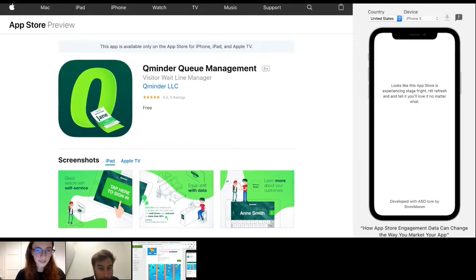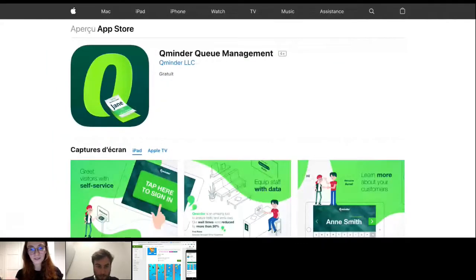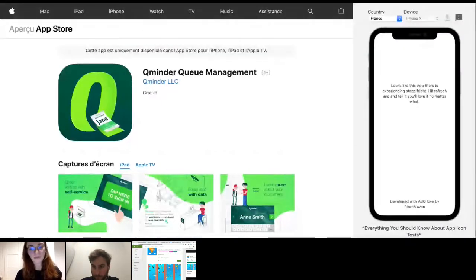Are you sure that the United States is the main market for this kind of application? Because I can see only 5 reviews. I think I saw the app owner in the chat. So please, if we need to focus on a different region, just type the necessary one in the chat. Probably the US is not the key. But okay, it's a B2B app, so maybe it's not the most. Yeah, in terms of screenshots,